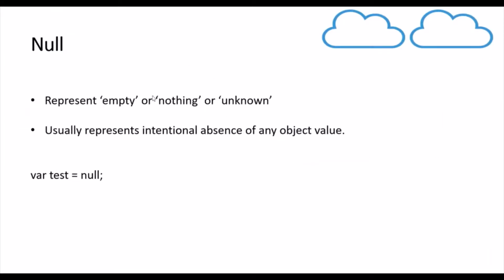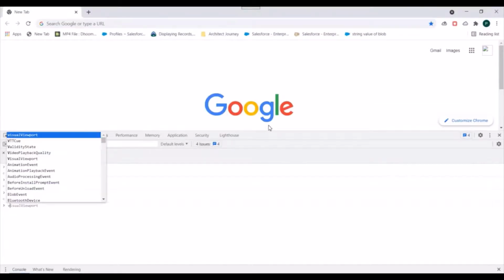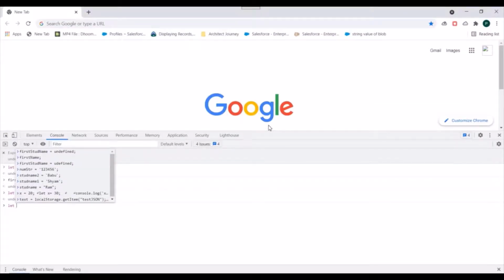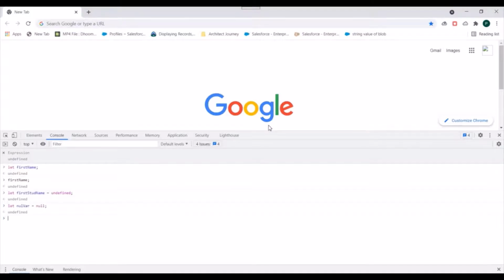Next we have null data type. Okay, so null usually represents an empty or nothing value in a JavaScript variable. So it is usually an intentional absence of a value by a programmer so that it can be utilized later to check if there is a change to this value and this variable is null or not. Okay, so let's say what we have to do, we just have to take a variable null_var and assign a value null to it. Okay, and it has to be small n, that way this is null, right?